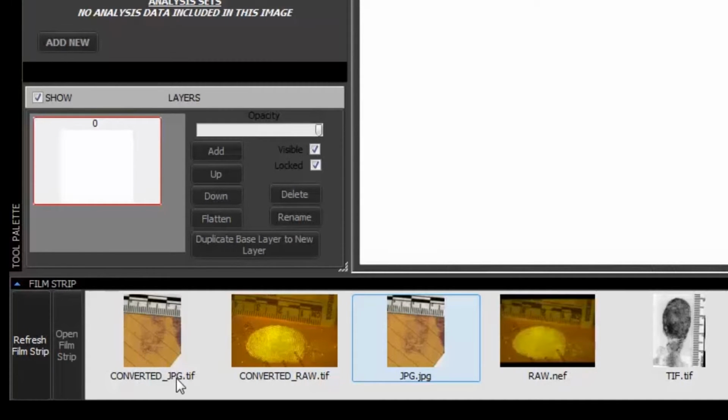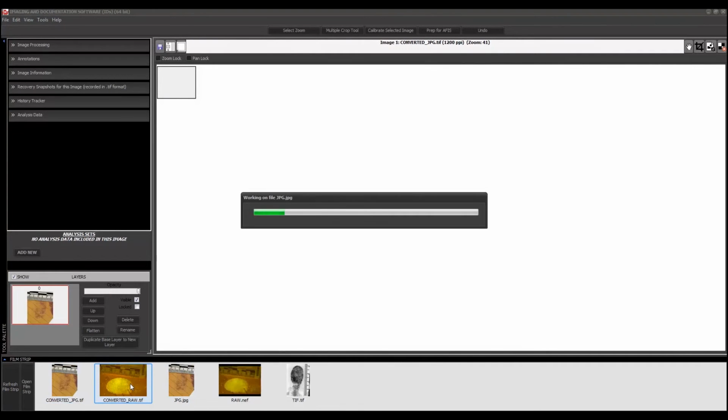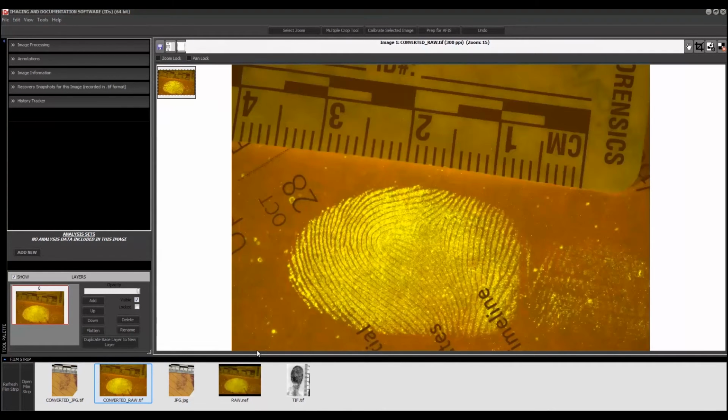The file name I gave that was just JPEG for an example, and the file name I gave this one was RAW just for an example, but we're going to see that converted underscore as a prefix so we know which images were converted, and we can click on those and see those in whichever image pane we may want to use. Again, as I mentioned just at the beginning, just so you can see this working,